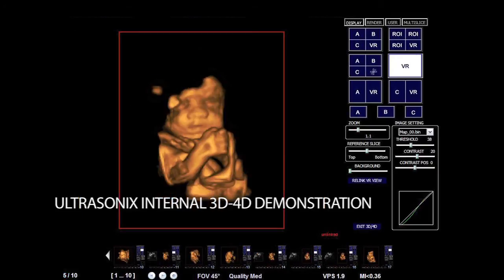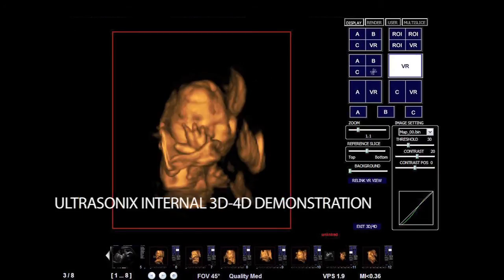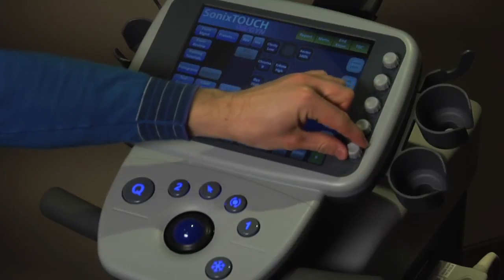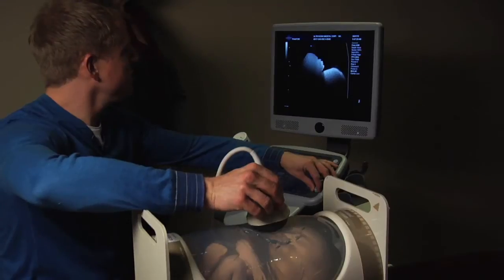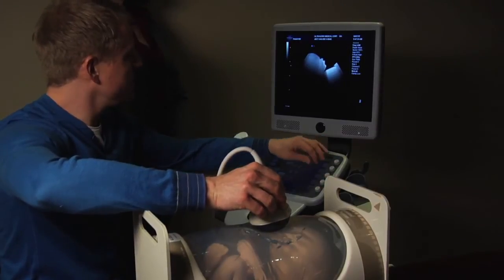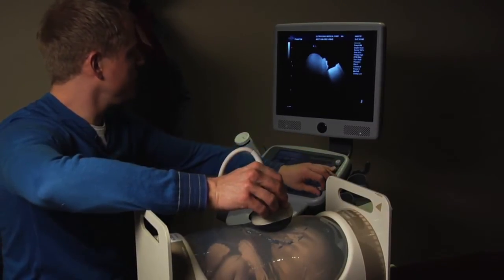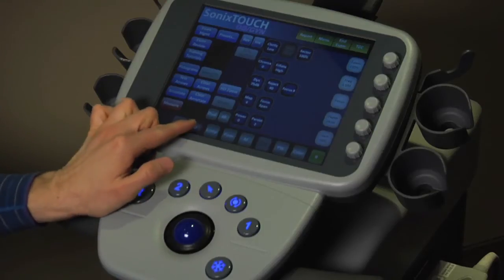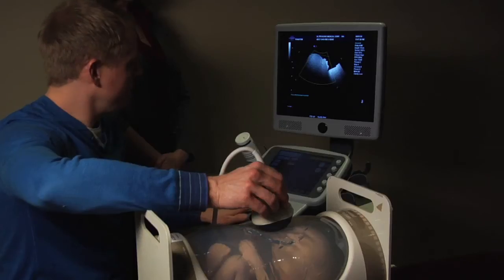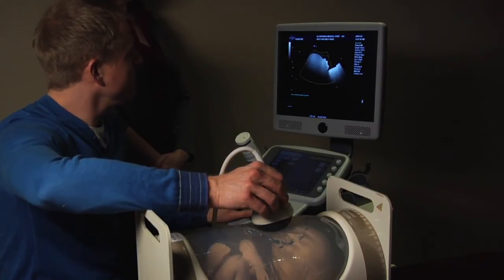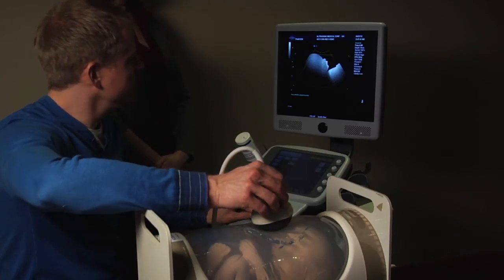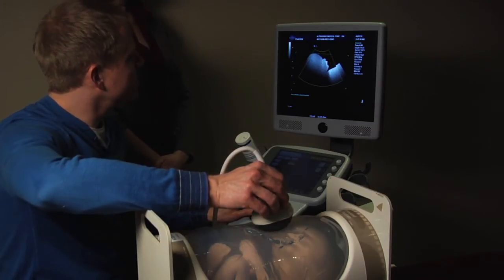Okay, so the first thing when starting a 4D examination is to optimize the 2D image. Increasing the gains amplifies the signal. In some cases it may be necessary to turn the harmonic imaging on. Activating the 3D mode allows us to choose between a 3D and 4D option. Here we can adjust our region of interest. When we're happy with that, we press the update button